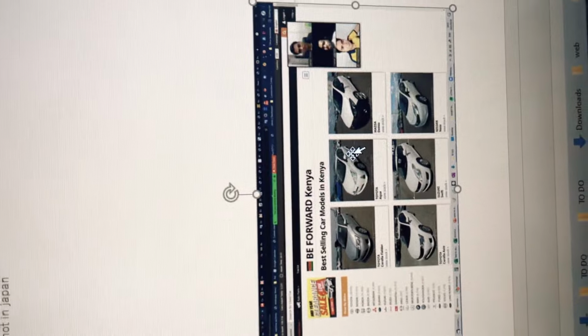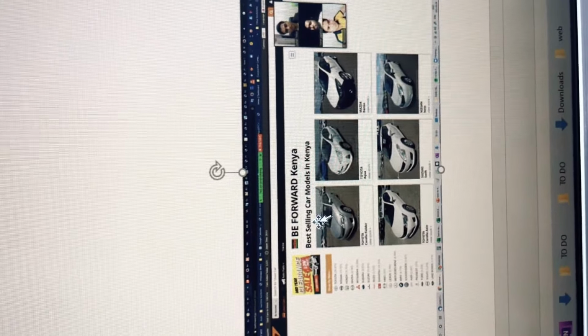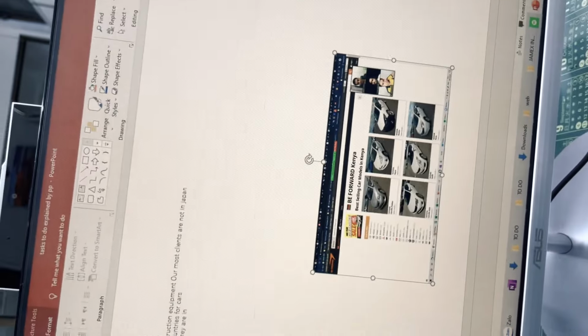And we should have a country tag. For example, if we click on a specific country in the BForward website, they upload thousands of cars for Kenya.